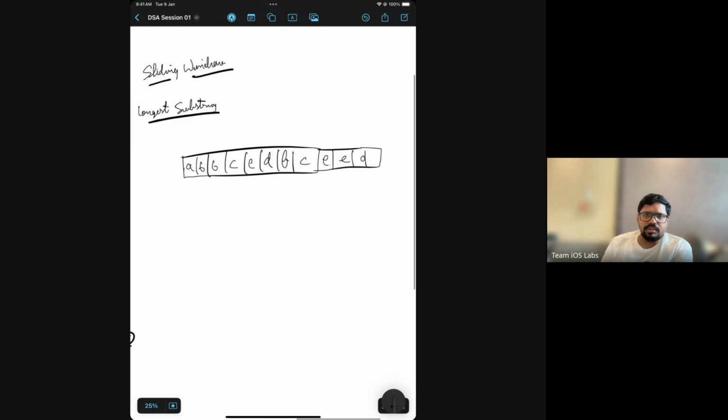It's obviously a whole string, I'm giving it in the context of an array. So now you can see what's the longest substring here. Obviously this one you can find, this one.